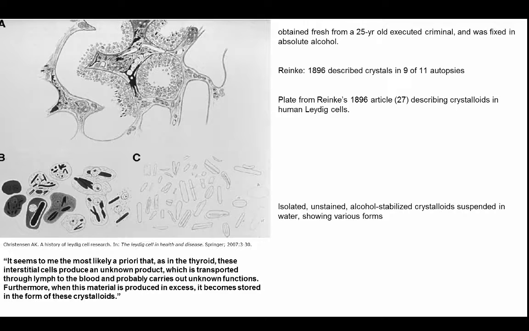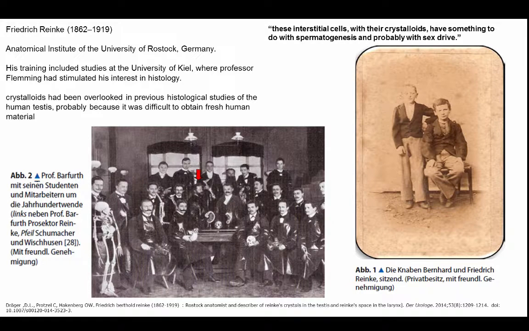And then this is some of the isolated Leydig cells with Reinke crystals in them. This is isolated Reinke crystals suspended in water, unstained. The 2 cases that he did not find crystals in were a 15-year-old and a 65-year-old male. Neither of them were producing sperm. So even at this time, following this, there went on to be a lot of investigations, and even at this time they were suspecting that these cells were probably involved in some kind of hormonal